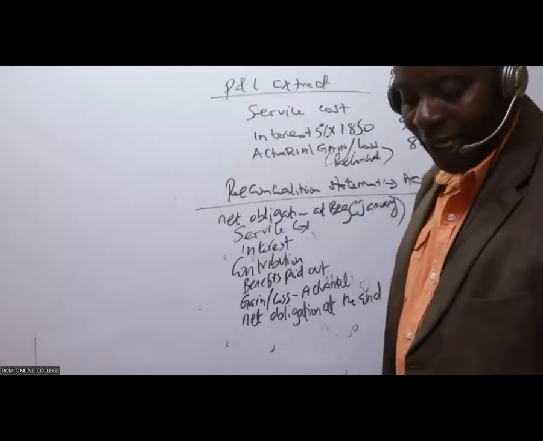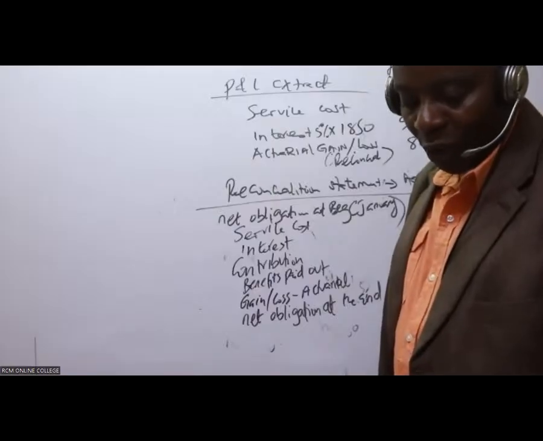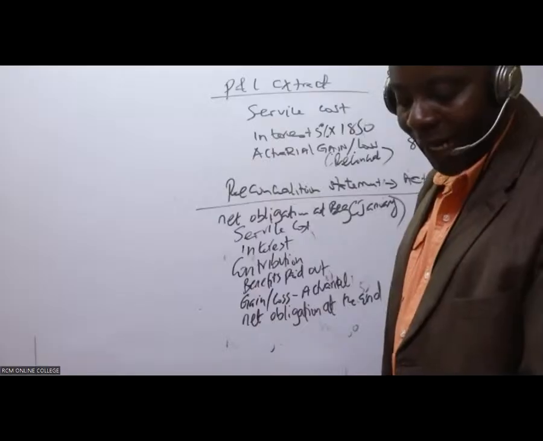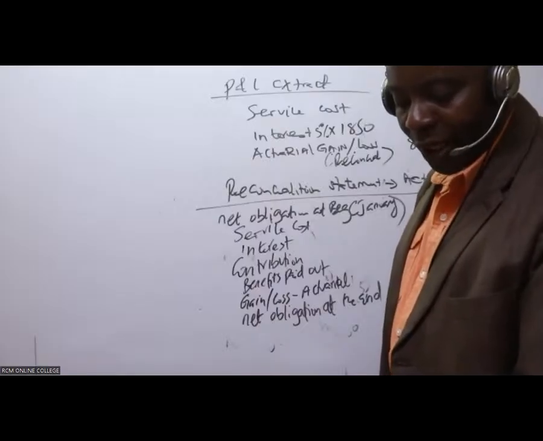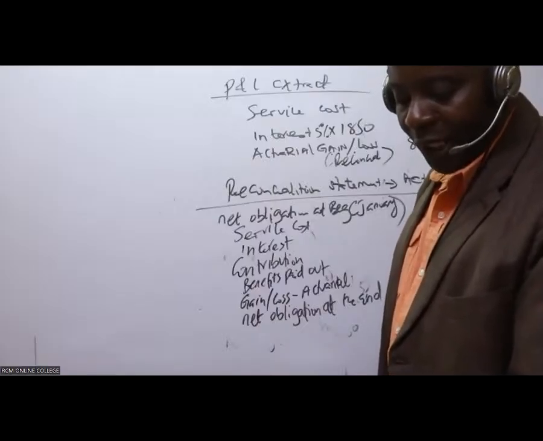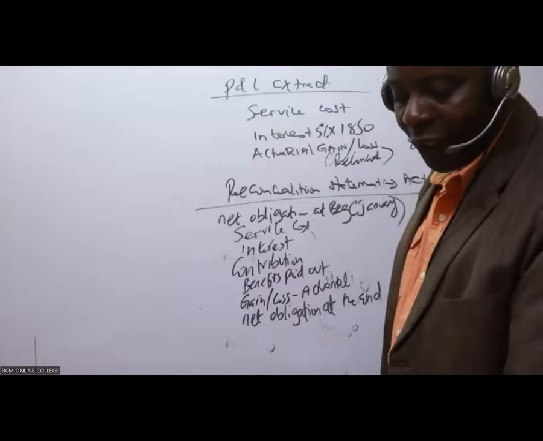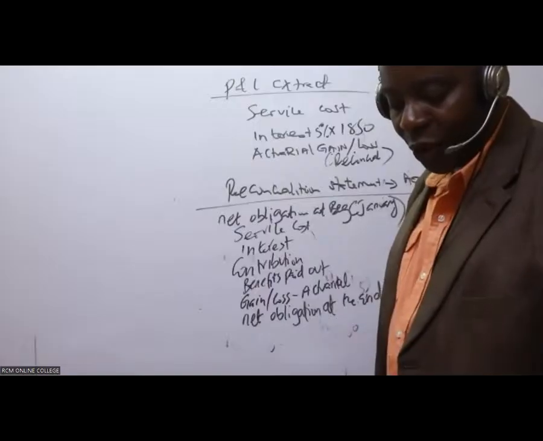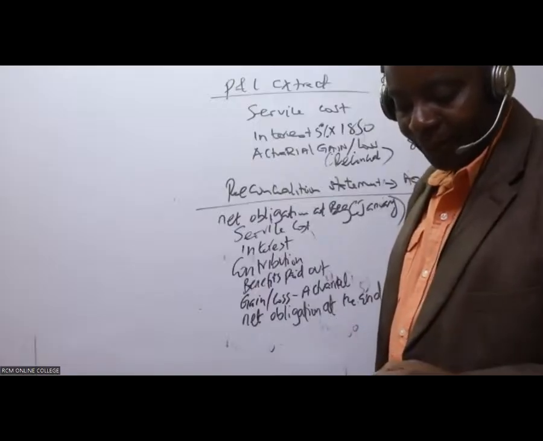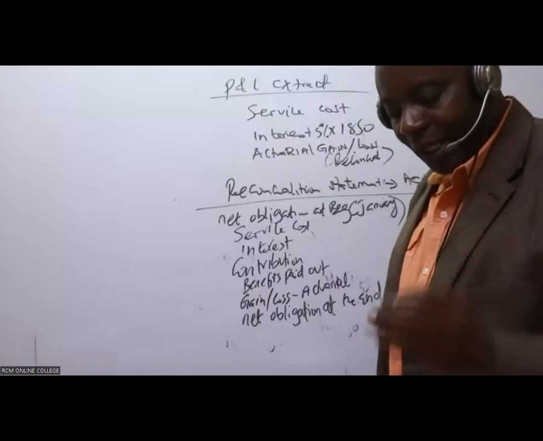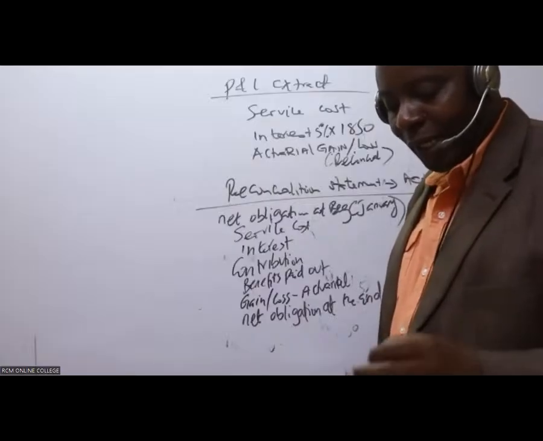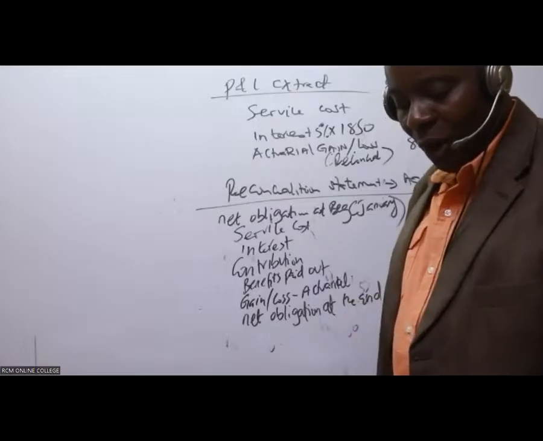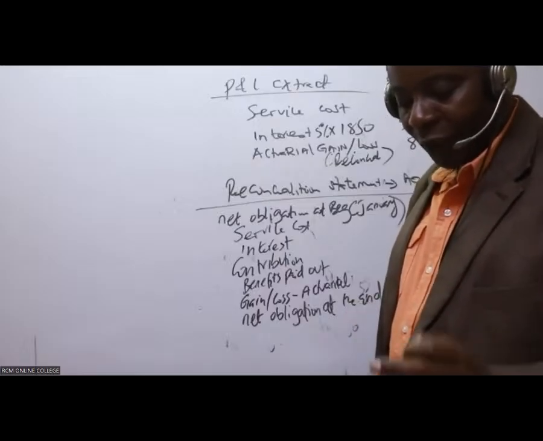But of course, they can't be taken to the profit and loss. Benefits paid are the amounts paid out of the plan assets to retired employees during the period. These payments do not affect the net defined benefit plan, as they reduce both the plan obligation and the plan assets. The remeasurement component, actuarial gain or loss, is charged or credited to other comprehensive income for the period,